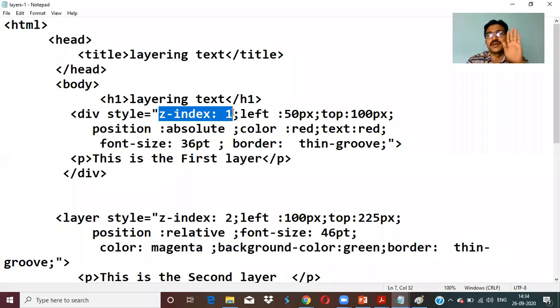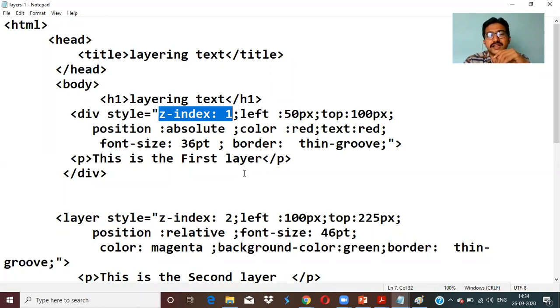Which content will come first will be decided by Z index. If the Z index property value is high, Z index colon 1 means low priority, 2 means another, 3, 4, 5, 6. Like this, the higher the value, the higher the priority to display it.